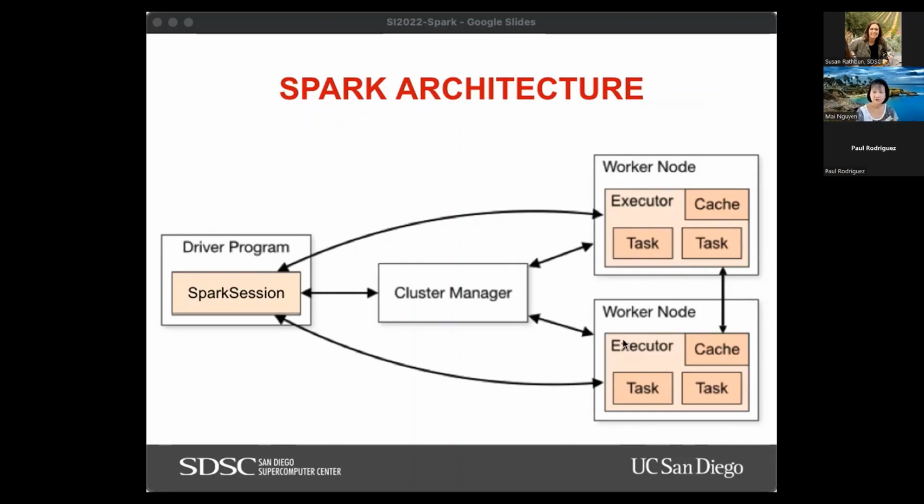And then there's also the cluster manager. The cluster manager controls the physical resources: the nodes, the memory, the disk, things like that. The cluster manager will communicate with the Spark session in order to monitor and allocate resources that the executors need in order to do their processing.